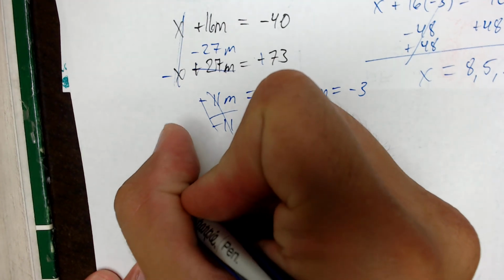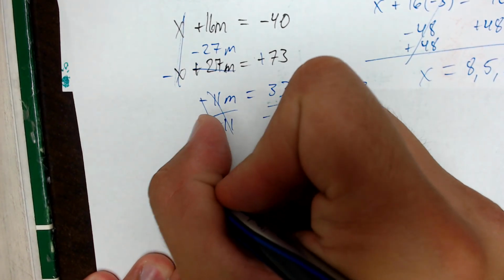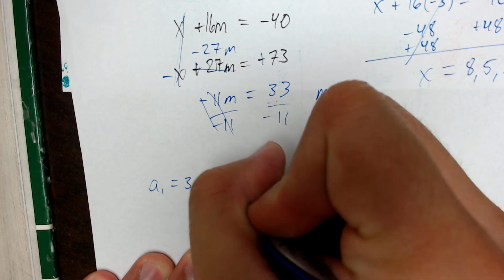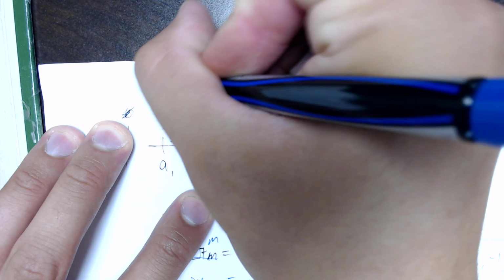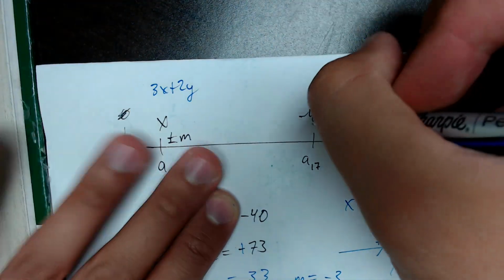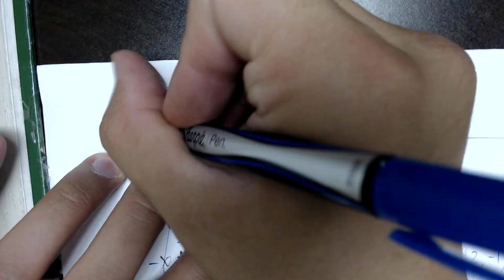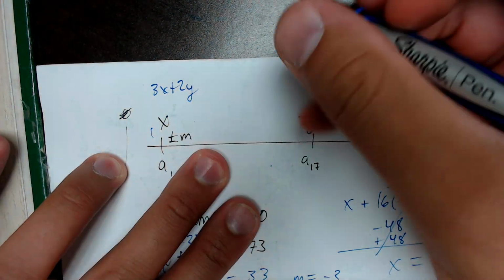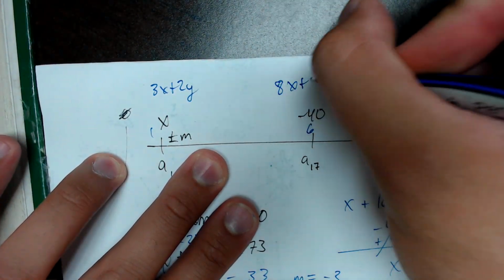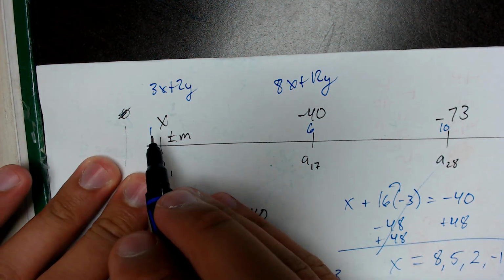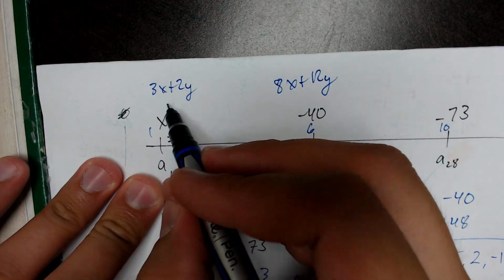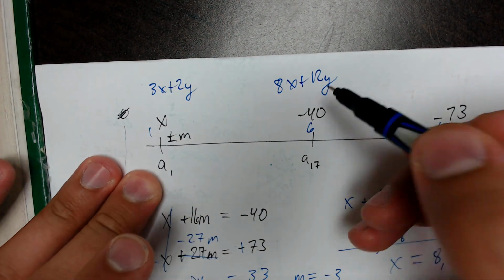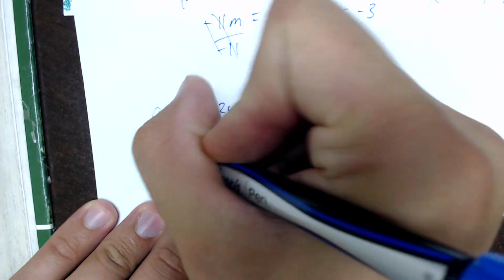So, okay, we'll call it A1. Term 1 equals 3x plus 2y. So on our little number line here, we would say term 1 is 3x plus 2y. Term 6, this is 1, this is 6, we got to find 10. 6 is 8x plus 12y. If you remember, from term 1 to term 6, we have to add 5, or 1 less of whatever term you're at. So we could say that this plus 5 times the mean is going to equal that, which is what we're going to do. The mean is unknown,